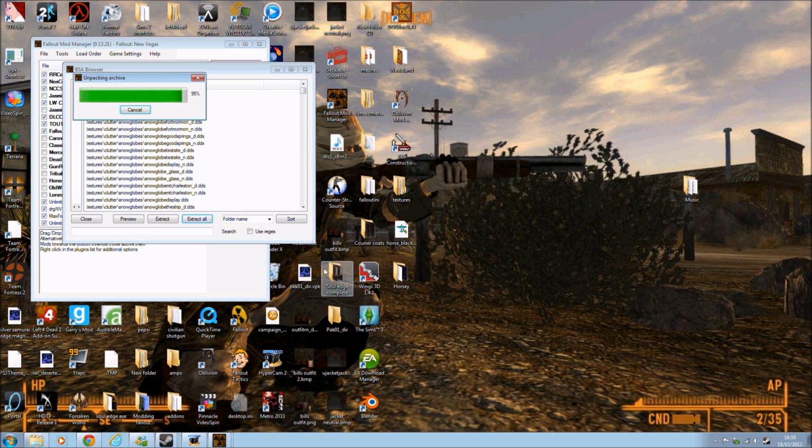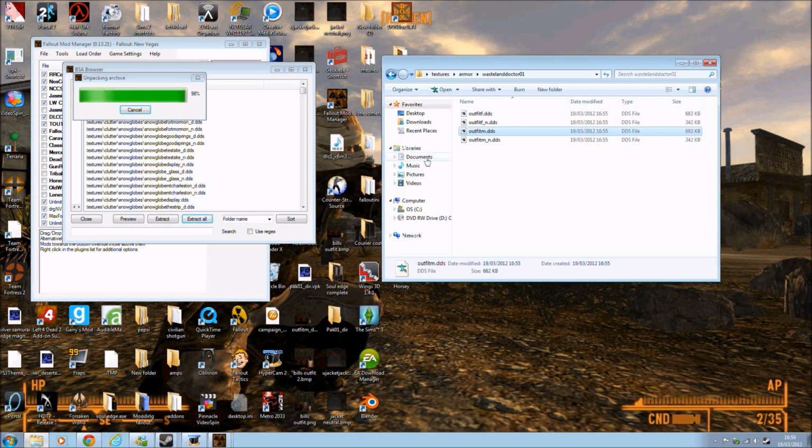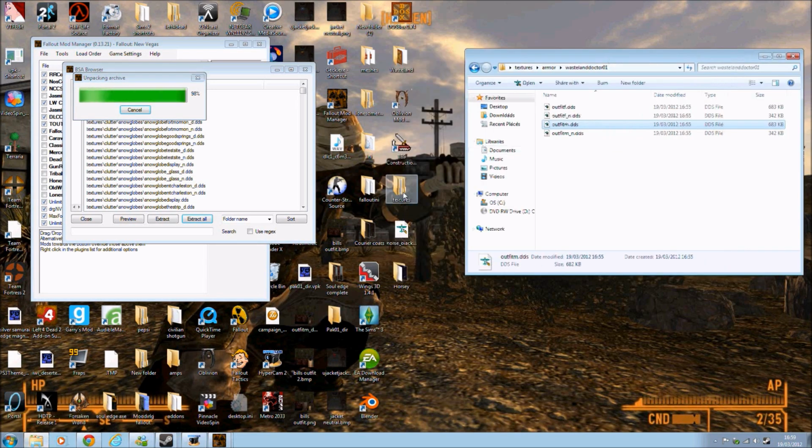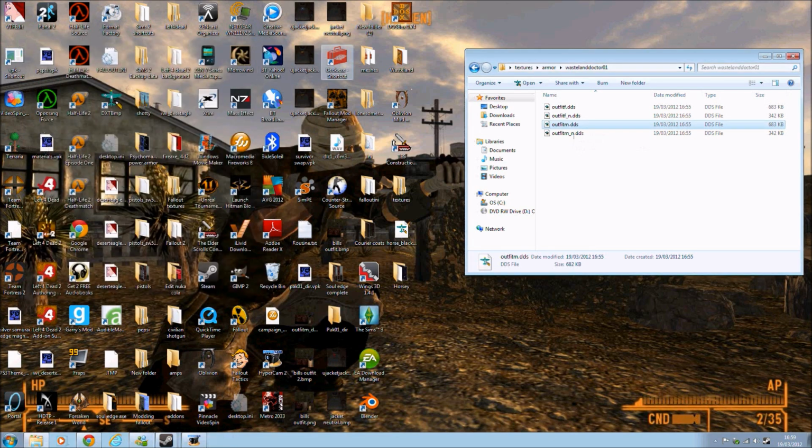Okay, for your mercy, I've fast forwarded, because that took about 10 minutes. So, yeah, especially when I was recording, it was even slower. And I've also, for your mercy, found the armor I was looking for. Now, you gotta go into your textures folder, and then you got to go into armor, and then you'll find a big list, and then you just gotta try and find your armor. Okay,